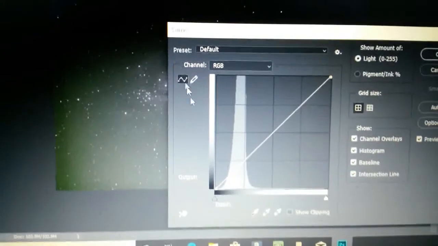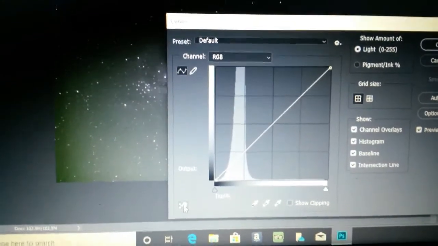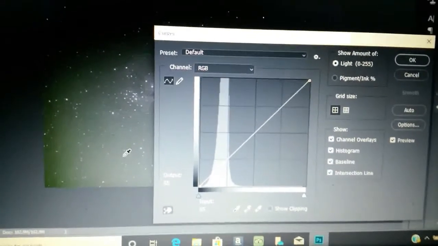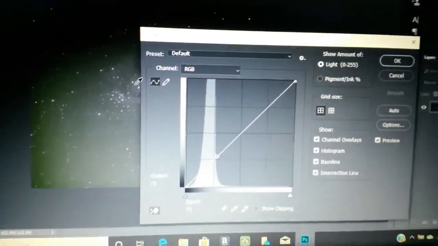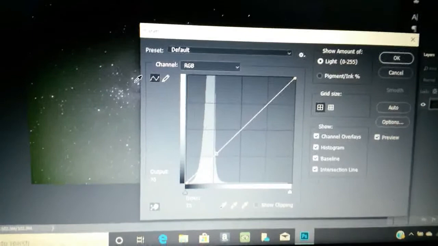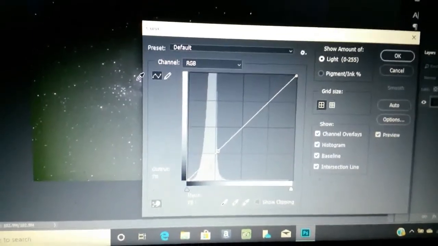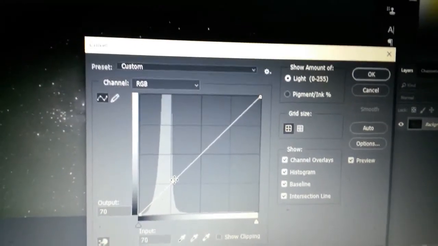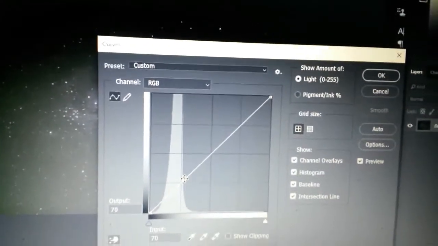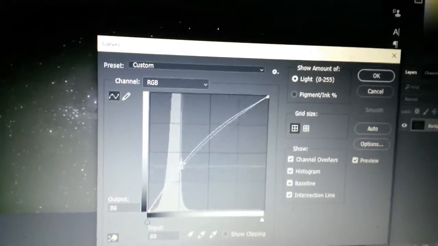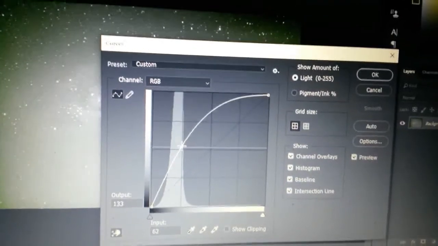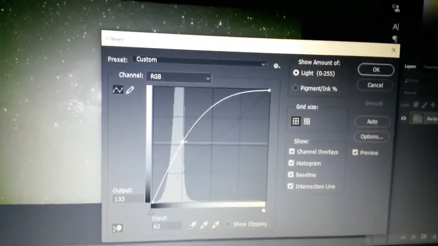And what I normally do is go down to this little hand icon there and click on the main part of the photo that I want to bring out, which is there, and you see that there's a dot now on the curve screen. It's usually about there in that position, and you pull that up, and as you can see the photo's gone a lot lighter, and I usually pull it up to about there,